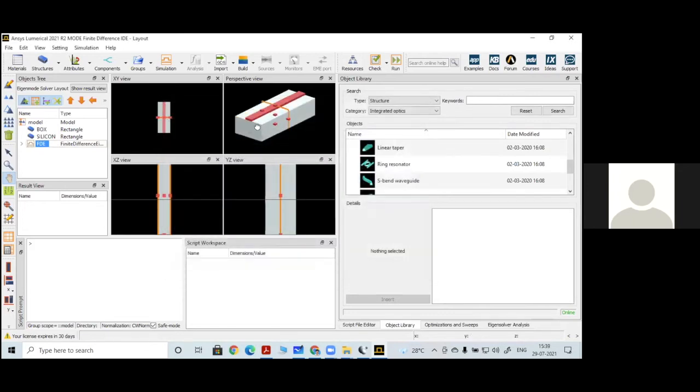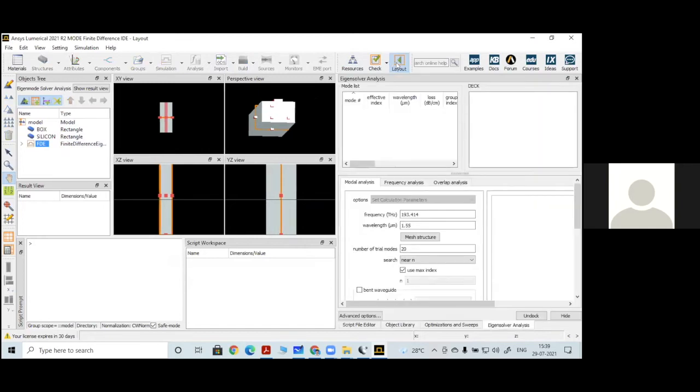Okay, so now you can see that the FDE solver is appearing like one covering ring in this shape. This is exactly at the center. So now you need not define any sources in the case of the FDE solver. So now directly I can go for run. So you can run the setup. Now this wavelength is already set, and you can see I am looking for modal analysis. So this is your eigensolver